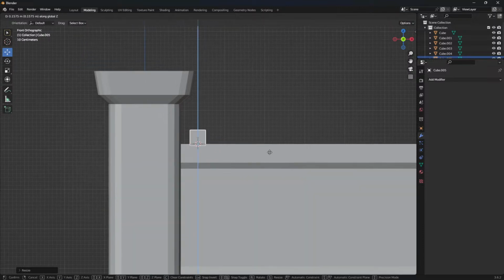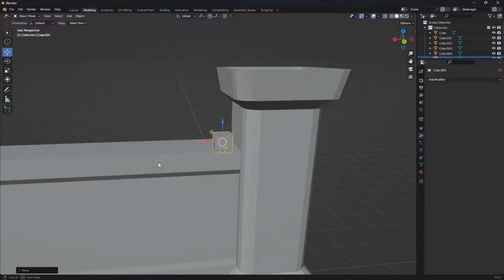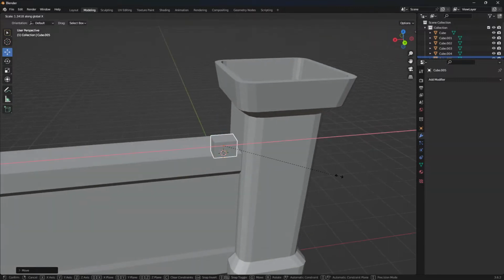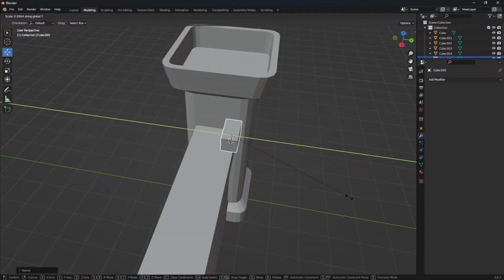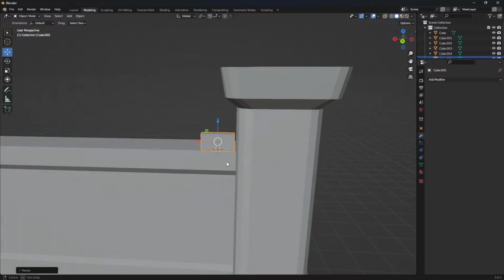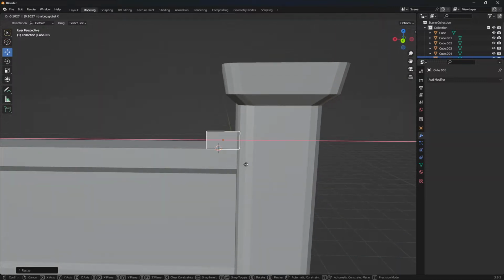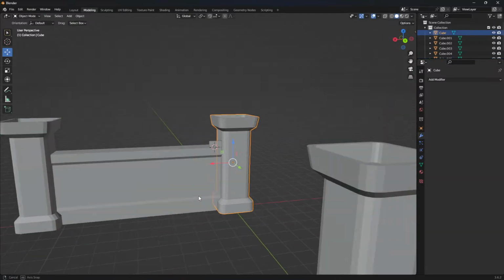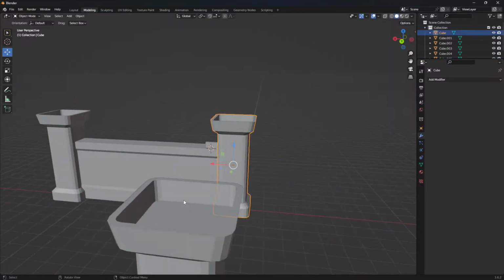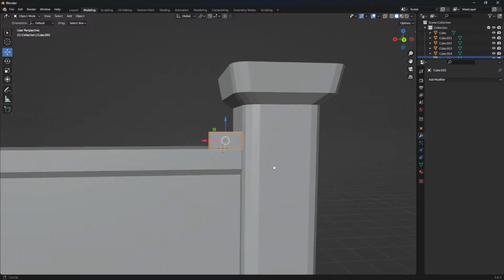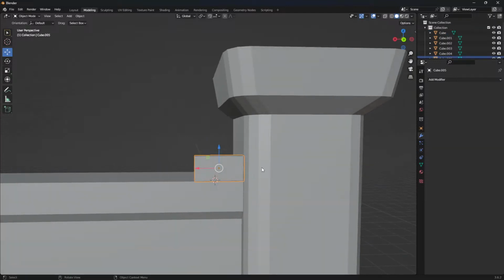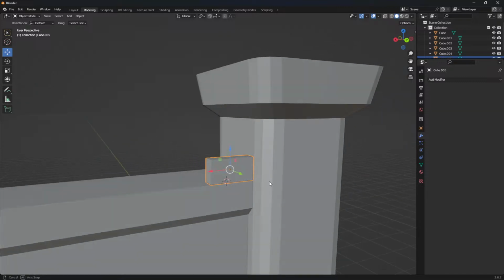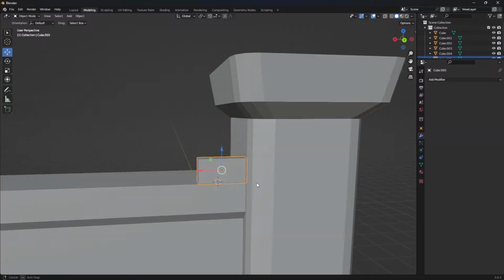Grab to z-axis right over here. Scale to x-axis like this. Scale to y-axis like this. Grab to x-axis this. So we have done now. This looks good, but let's give it a little bit